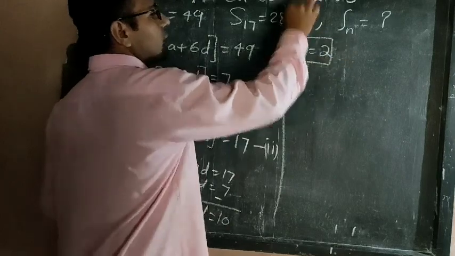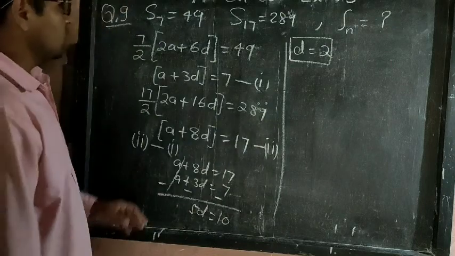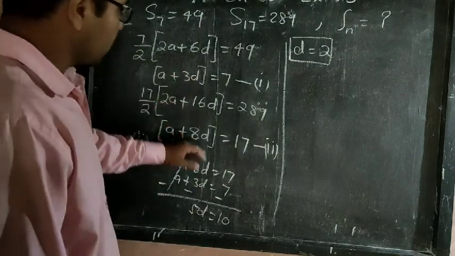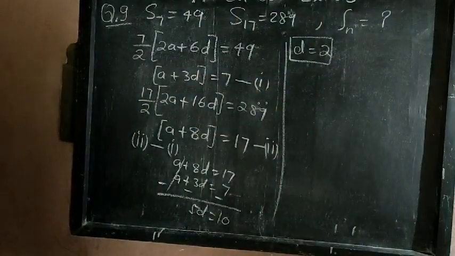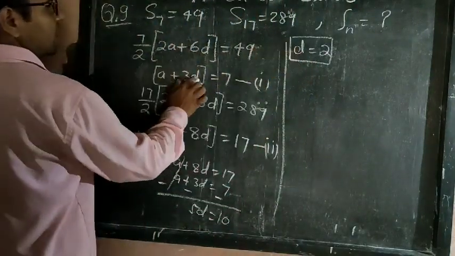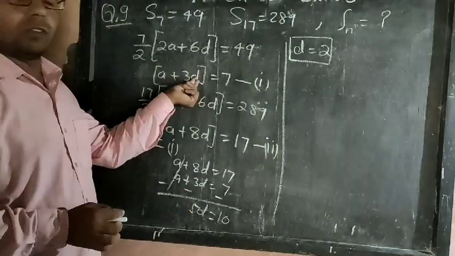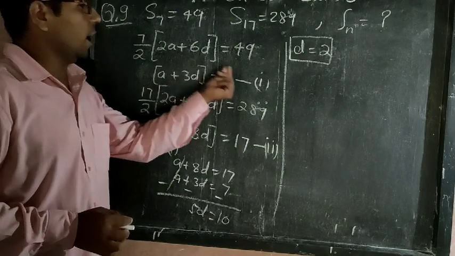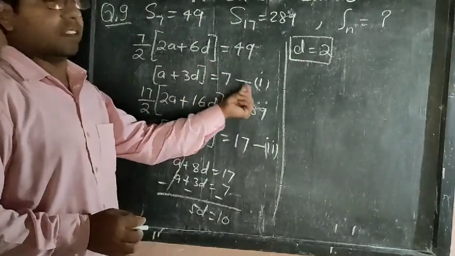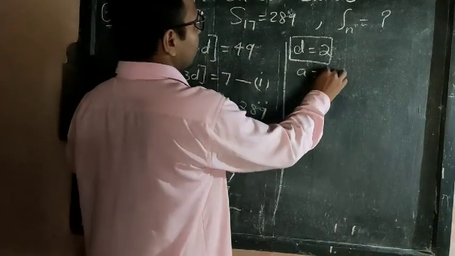So now students, as we have got the value of this common difference d, we can substitute either in equation first or in equation second. We will get the value of a. So let's see here, putting the value of d in equation number first. This one is the equation number first. So how much will you get here? d is equal to 2, so 3 twos are 6. Take it on the RHS side, that's 6. So 7 minus 6, you will get 1. So a value, how much are we getting here? a is equal to 1.